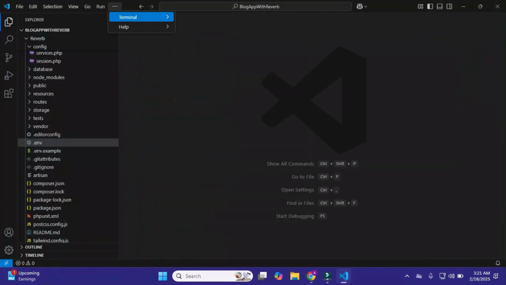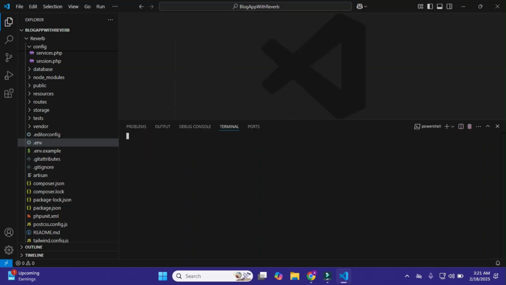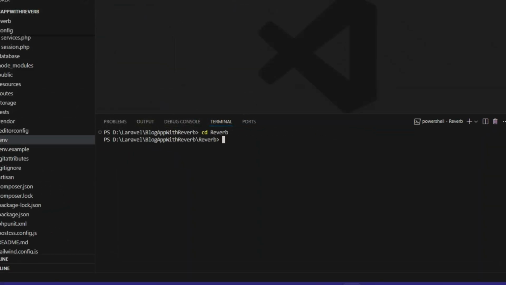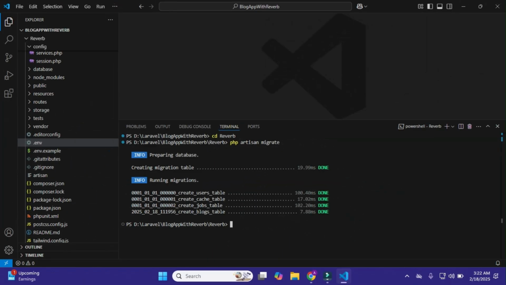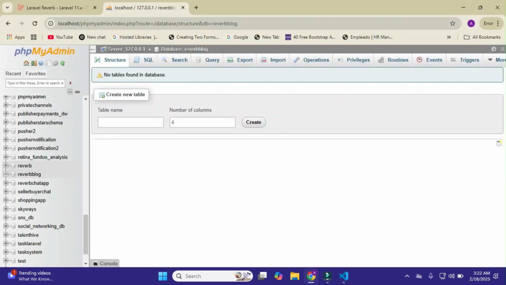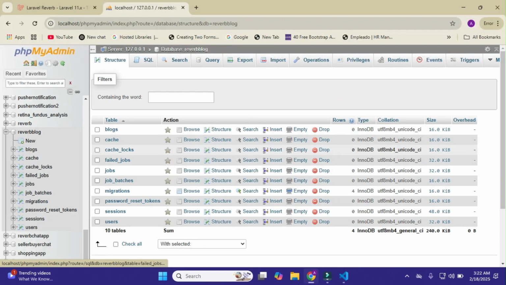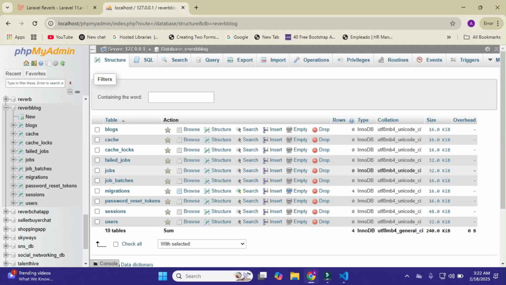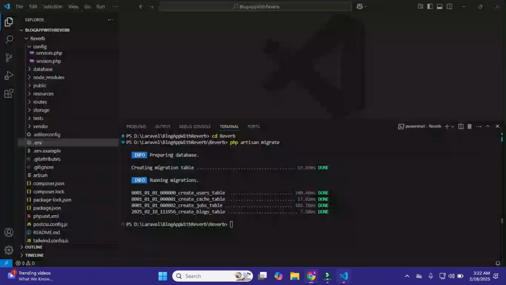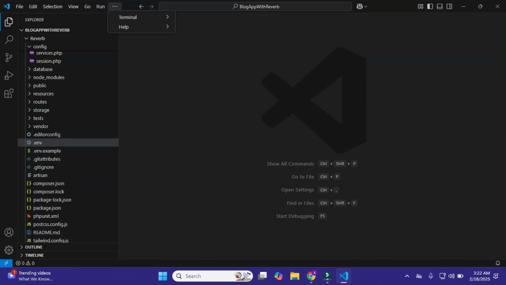And now I'll run my migration, come to my project, and using this command php artisan migrate, we create the tables in our database. Okay. So our tables are all created, and now I'll open it, and here you can see I have all the tables that I created. Okay, that's it. Amazing. Okay, so just for now, just close this and sorry.